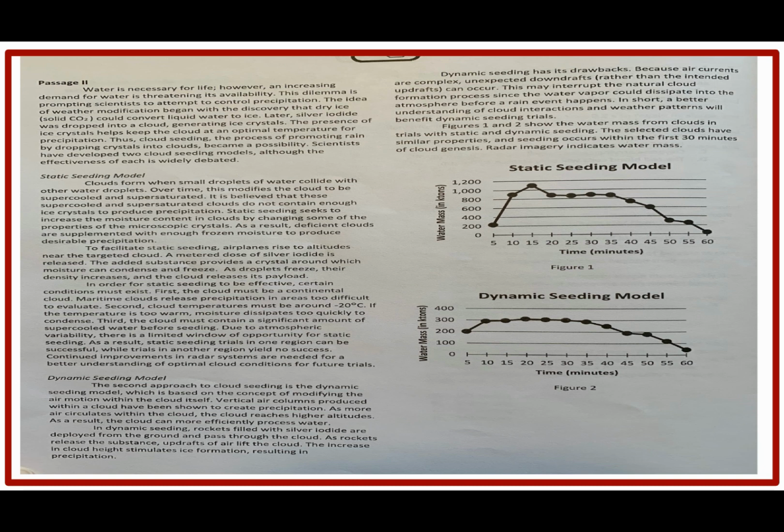All right, looking at the next passage. This passage was about the static seeding model and the dynamic seeding model. So to me, this one was the conflicting viewpoint, because it's talking about two different possible ways to seed clouds to cause precipitation. Now, this one, as I went over it, I had a little trouble with it because as I was trying to read the questions, look at the data, I was trying to go through it too quick, and I realized I needed to read the passage in more detail